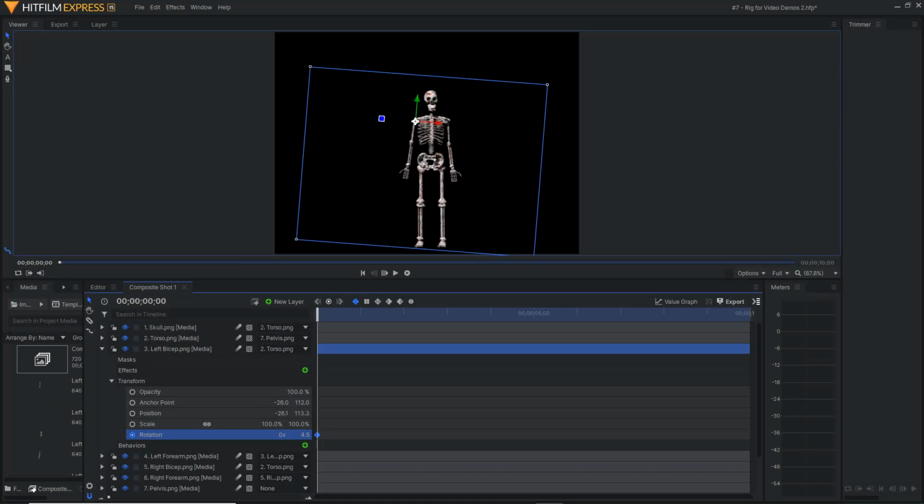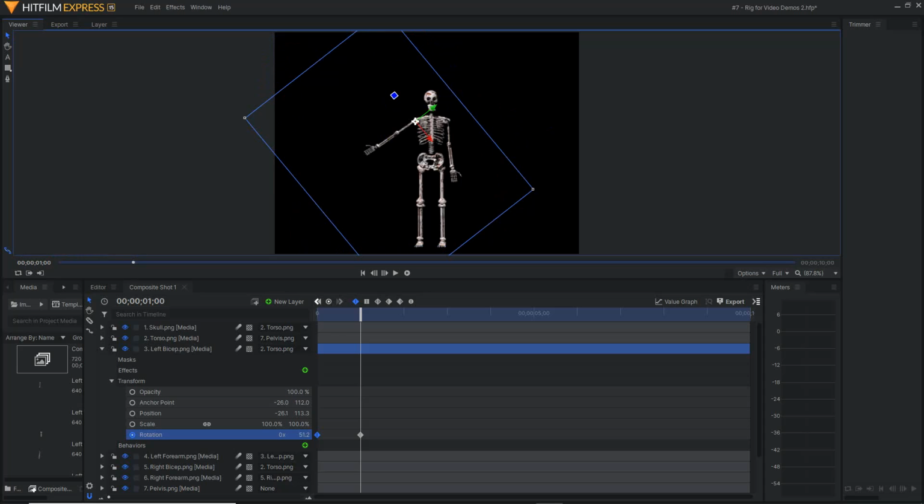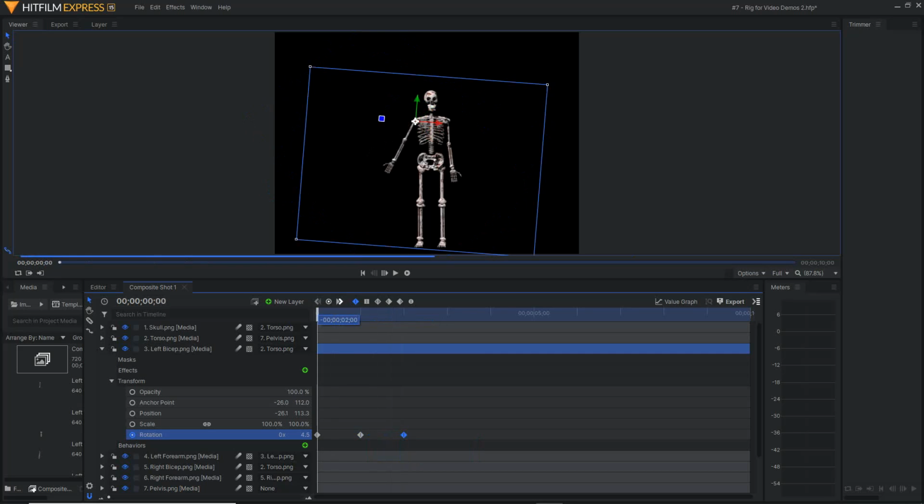And so as we go through the timeline here, I might move this over to about here and then have this arm rotate up, for example, maybe about there. And then maybe by the time he gets to this point, he'll be back down to where he was. Okay? Or we can leave it there, maybe in that position, by clicking on this second keyframe, holding down Control, left clicking and holding that down and duplicating that keyframe. So he'll be in this position for this long,